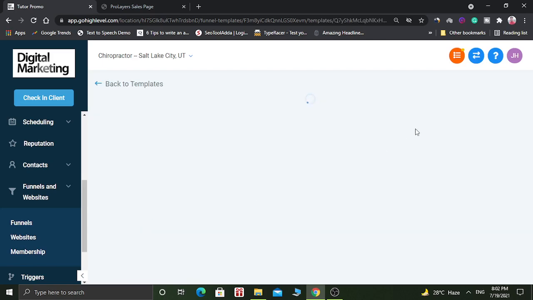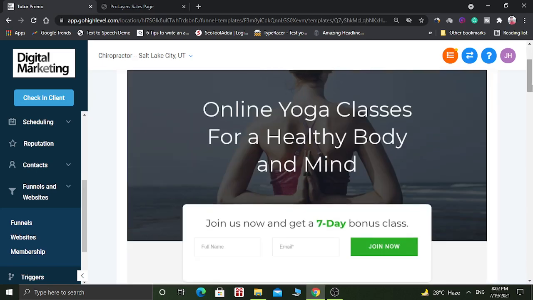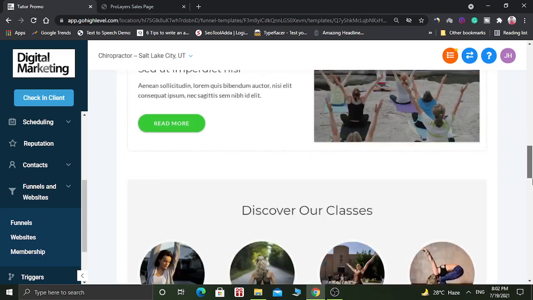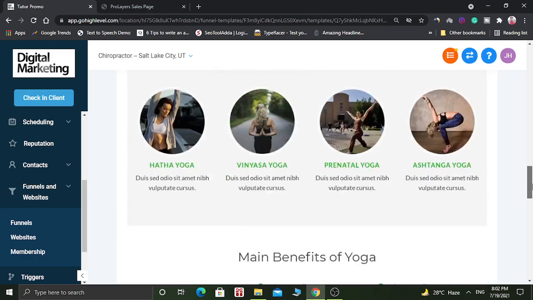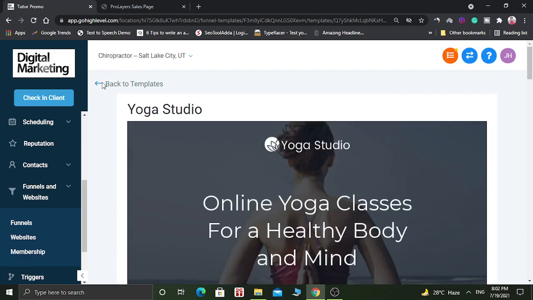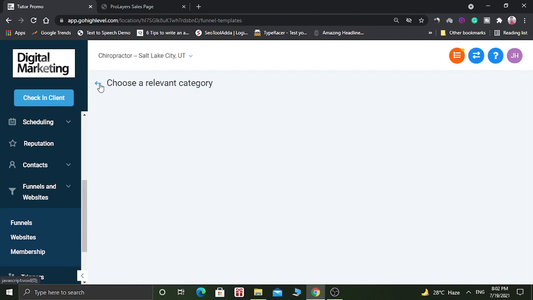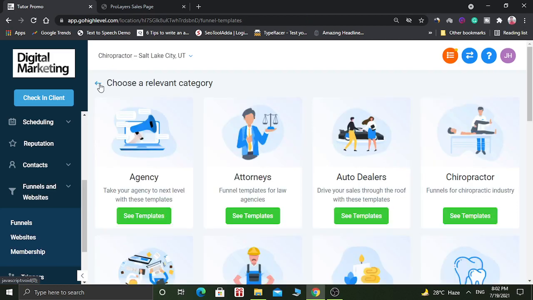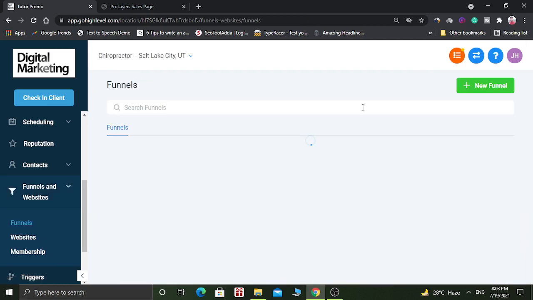Here one template is available. Let's see how it looks. Okay, it looks fine. And you can always add further steps in these funnels. So these are the total funnel templates available in Go High Level software.